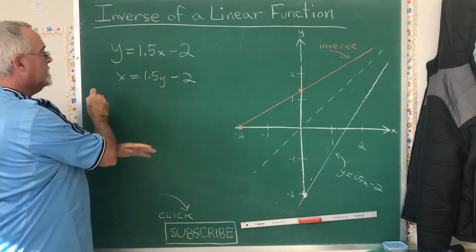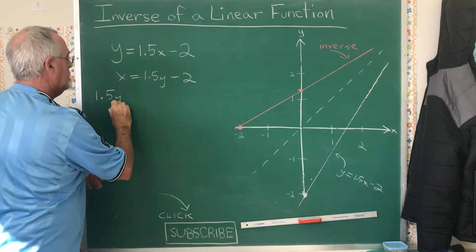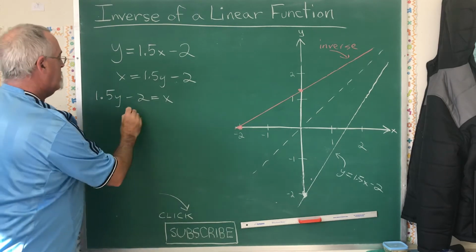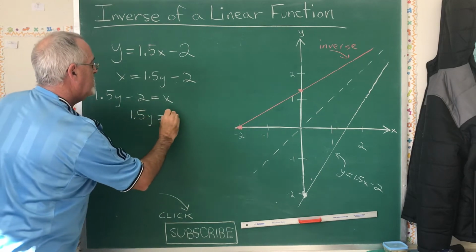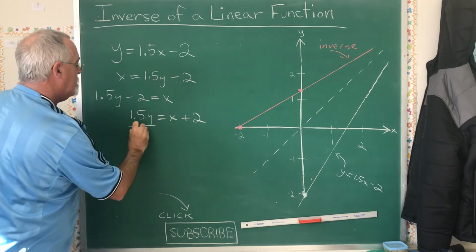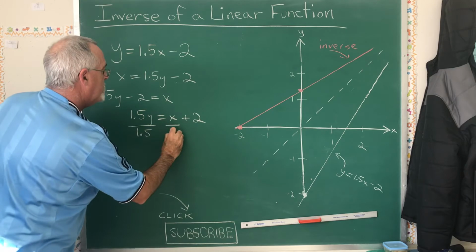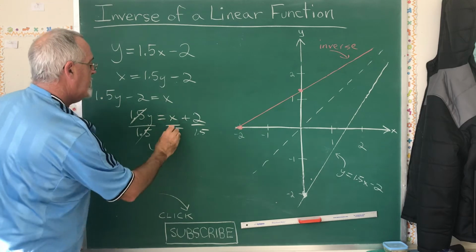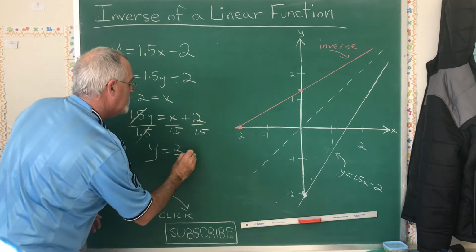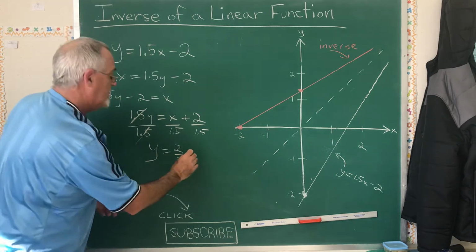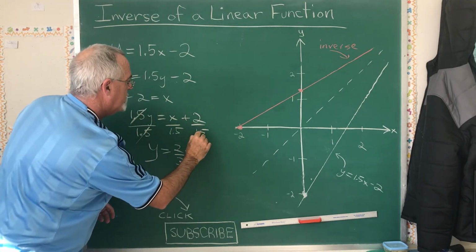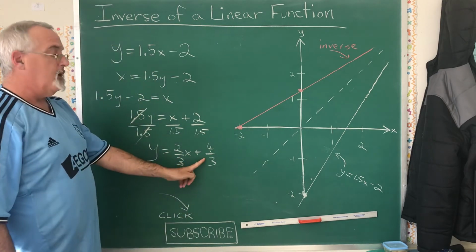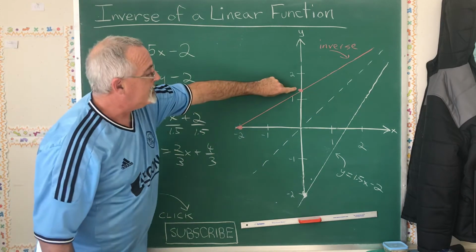I'm going to start by writing this equation backwards, which you can always do in algebra. Then I'm going to move the 2 to the other side, where it becomes positive, and then I'm going to divide everything by 1.5. To cancel here, to isolate my y, I end up with y equals 2/3 x plus 4/3. And now it's easy to see that the y-intercept of this is 4/3,